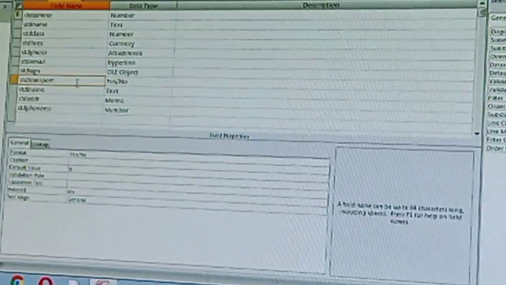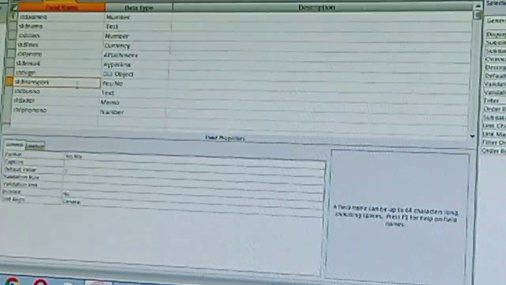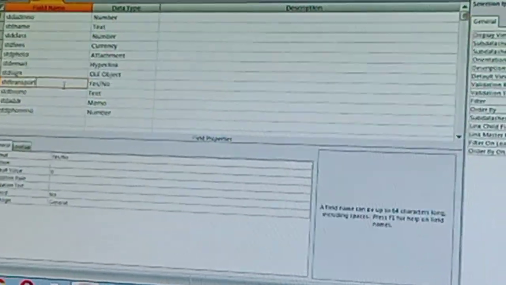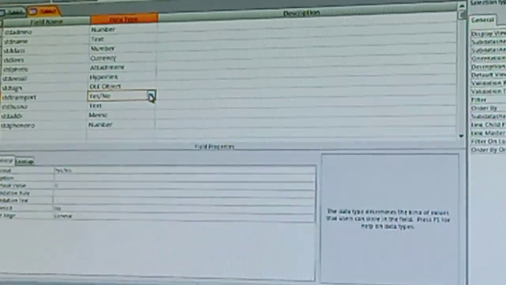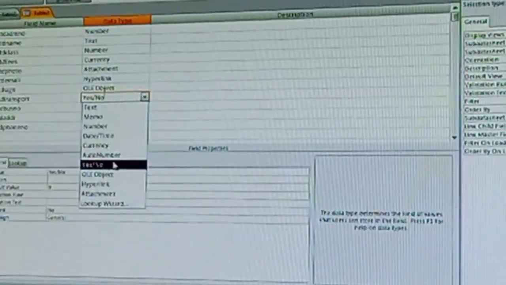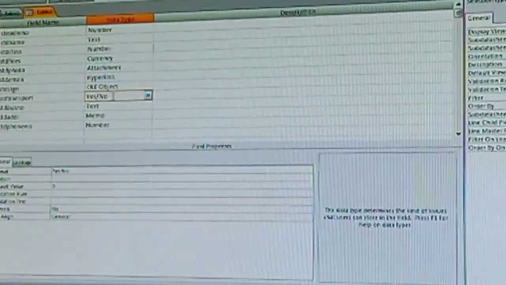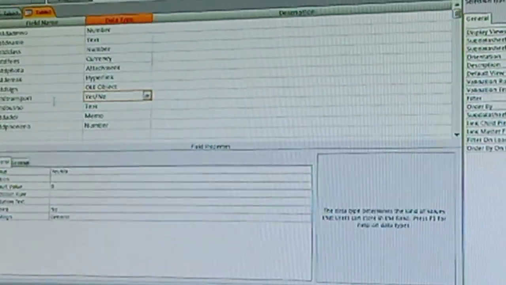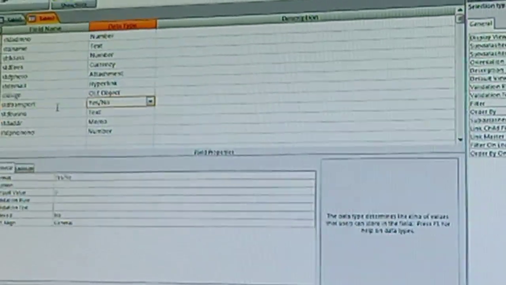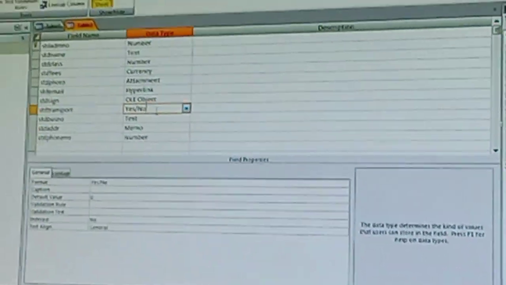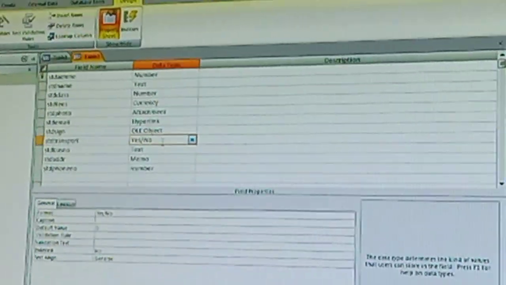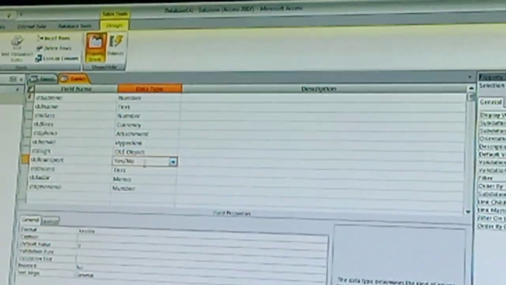Student transport, that means the student is availing transport from school, so a yes or no option can be taken. There is one more data type called yes or no. That will be the appropriate data type when you choose student transport, that means whether he is availing transport from the school side. For that information you are using yes or no. Yes means he is availing, no means he is not availing. This is for the database management system to be stored in a school.